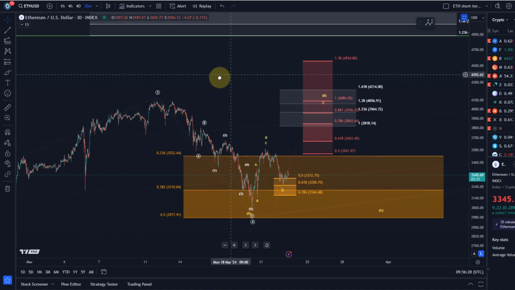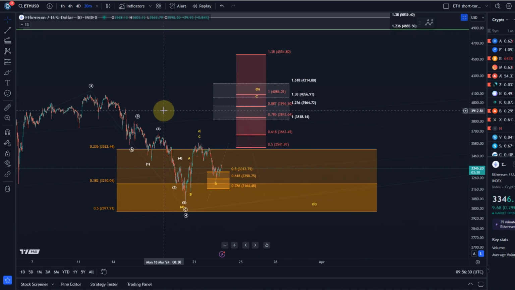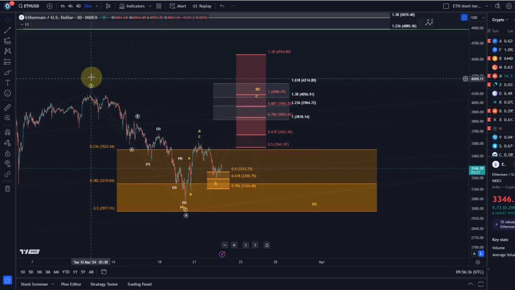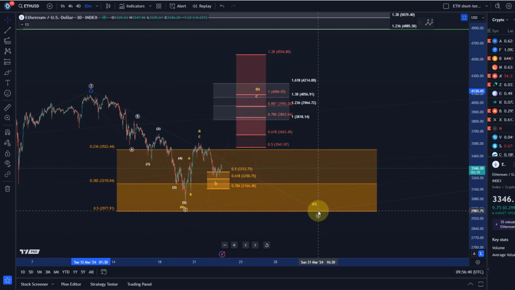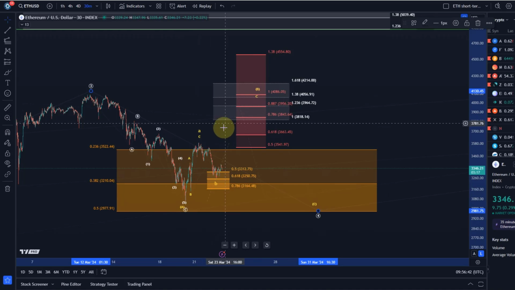So at the moment, this is the short-term chart. Really no addition to yesterday, so I'll keep this short because I wanted to focus more on the daily chart. Here, is it possible that wave 4 bottomed? Yes. Do I see it as very likely? Not really, because there's absolutely no evidence it has.